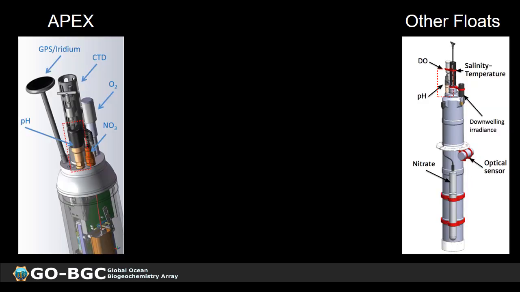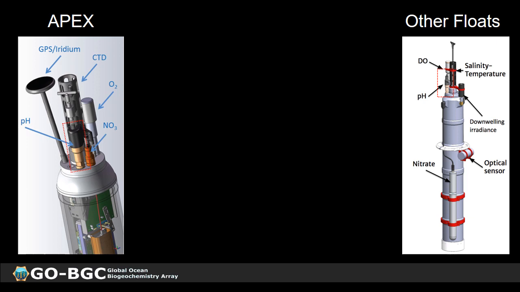Let's now look at pH data from profiling floats. As I mentioned, there are two types of deep sea drift at pH sensors that are deployed on floats right now. The first are those that are manufactured at MBARI, and the other one is the one that is commercially available through Seabird. Both of these sensors use the same sensing elements and very, very similar mechanical design, so the performance of the pH sensors are very comparable between the two. However, there is one subtle difference,